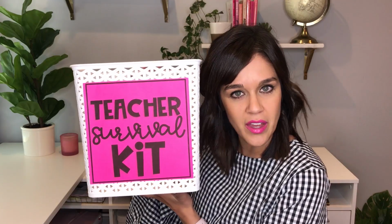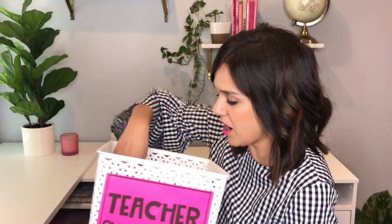I don't know if that's the best place to have it, or in my wallet, but having cash on you sometimes really helps in school situations, especially book fair time. Maybe you guys plan ahead and you don't need that, but it's definitely in my survival kit list. Another thing that I would add in my survival kit are